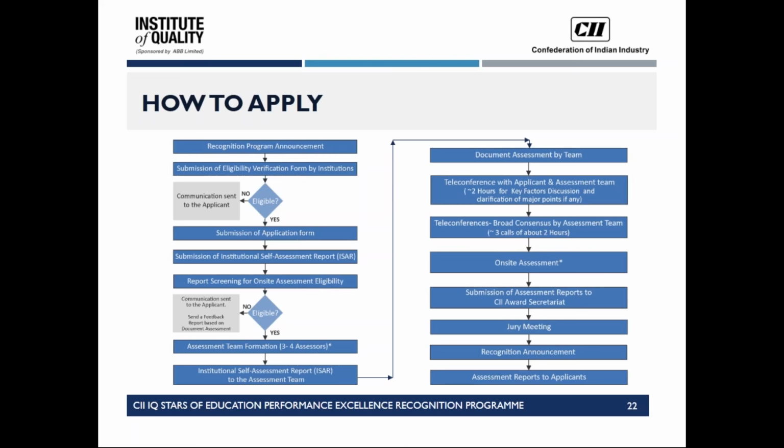Once the document is successful, 2 or 3 or 4 assessors, depending upon the size of the institution, will assess the institutional assessment report, which will be sent to the assessment team, and the document will be assessed by the team. There will be a teleconference with the applicant and the assessment team,